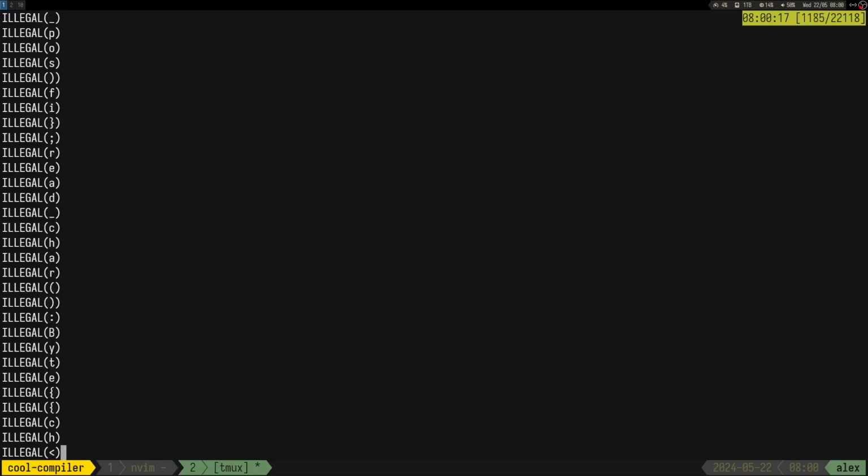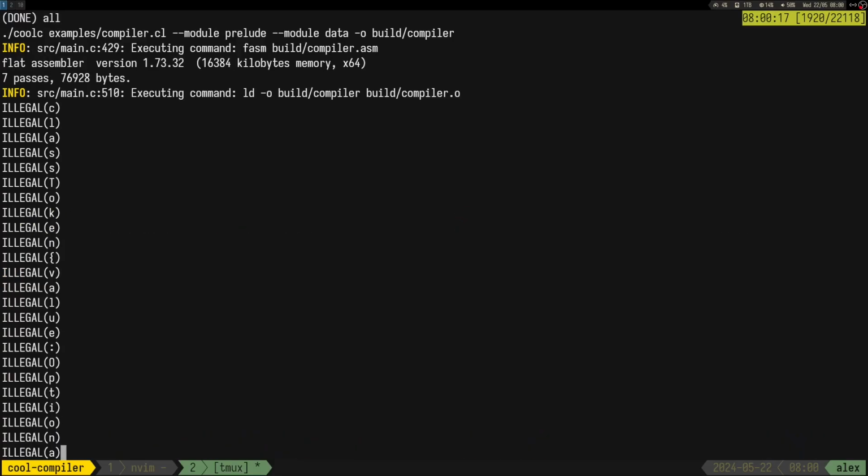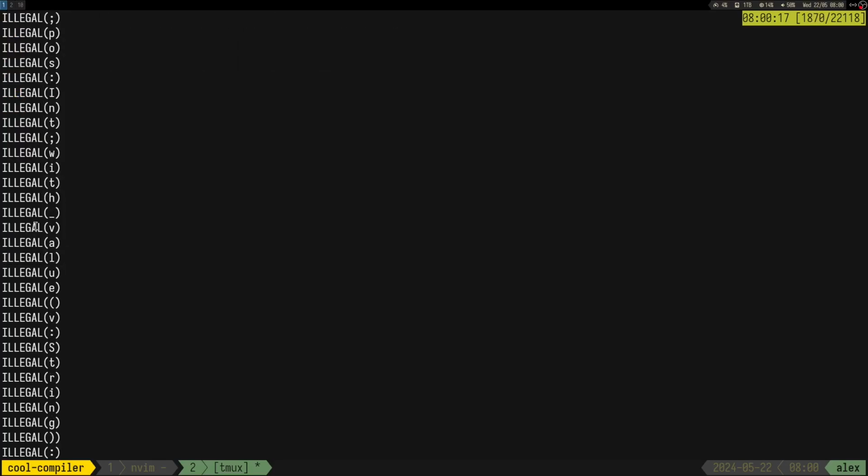So now it looks a bit better, I would say. So it's CLAA, yeah, it's class, token, see? Like you get all the characters that are important. So what we have to do is to make them not be illegal, basically.